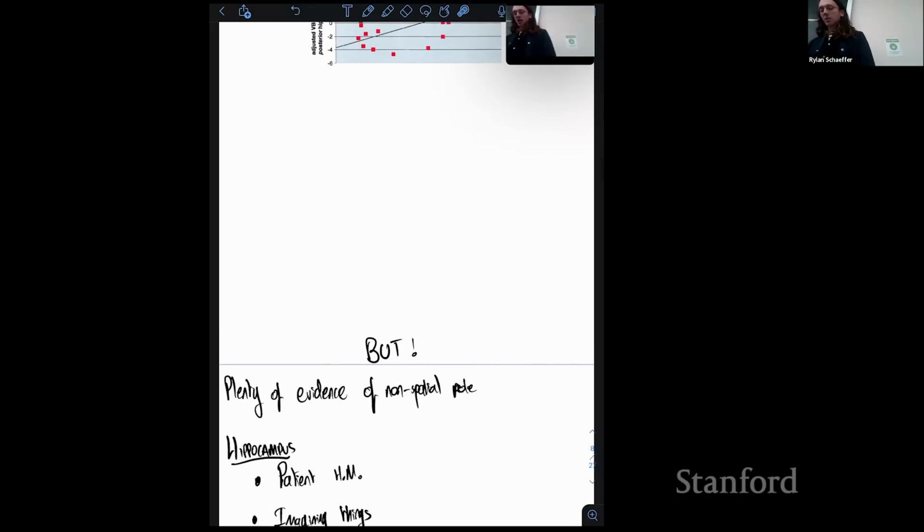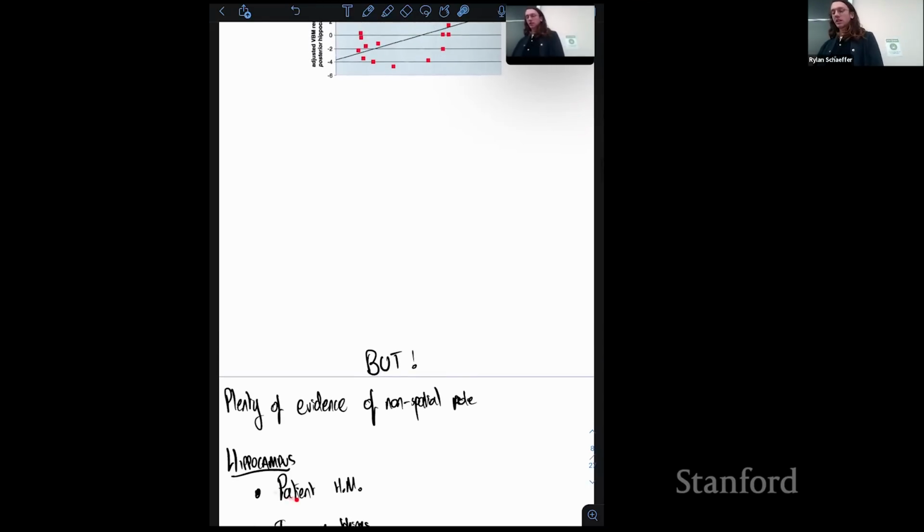And so I'm going to talk through a couple of those. The first one of these is a guy called patient HM. This is the most studied patient in medical history. He had epilepsy, and to cure intractable epilepsy, you have to cut out the brain region that's causing these seizure-like events in your brain. And in this case, the epilepsy was coming from the guy's hippocampus. So they bilaterally lesioned his hippocampus. They cut out both of his hippocampi. And it turned out that this guy then had terrible amnesia. He never formed another memory again, and he could only recall memories from a long time before the surgery happened. Okay.